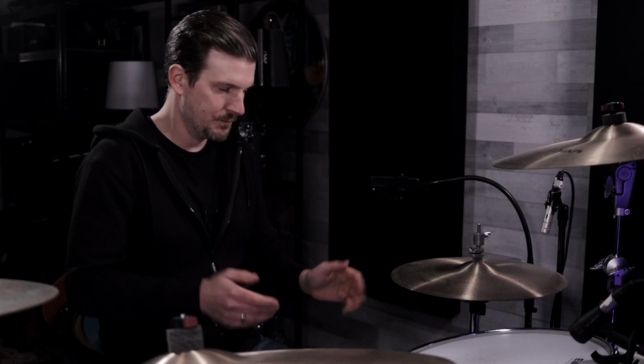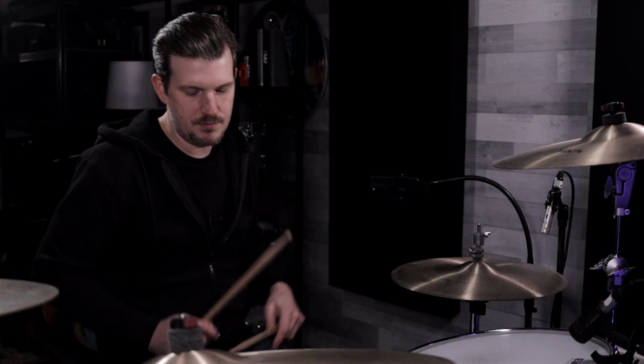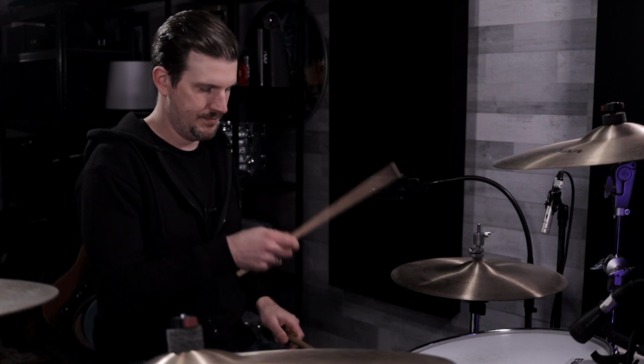And that's just with your hands, right? The same applies to your feet. So let's put it into the context of playing a groove this time. So if we play eighth notes on the hi-hat, quarters on the kick and snare,